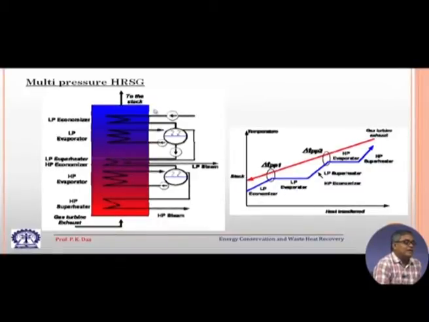Here what we can see, this is the lowest temperature before it goes to the stack. So, here water should enter for the low pressure side. So, low pressure economizer, it should go to the steam drum, and in this steam drum there will be some sort of a circulation. So, this shows symbolically the pump. So, this is a forced circulation system, and in the steam drum there will be some sort of a circulation.